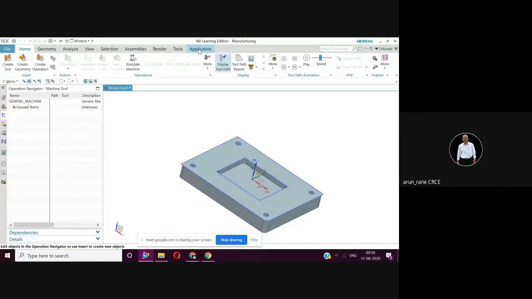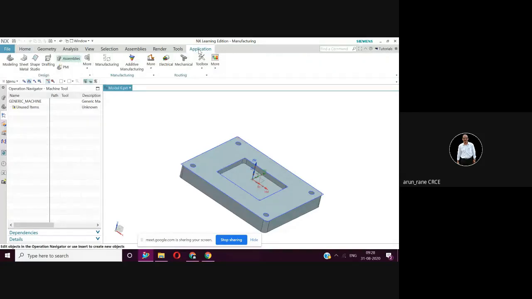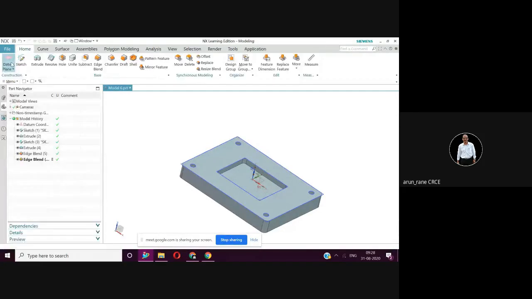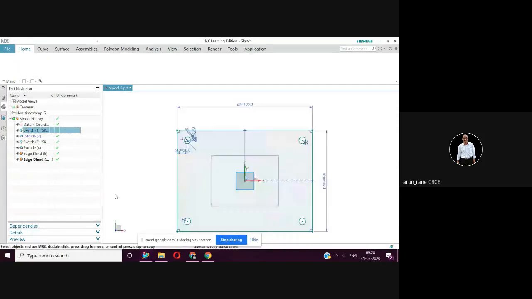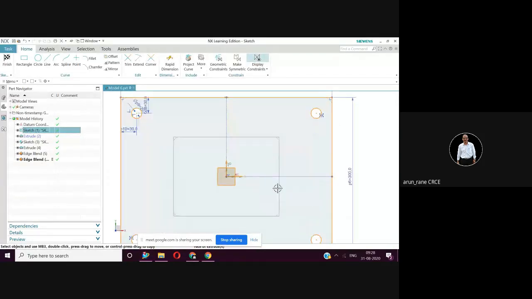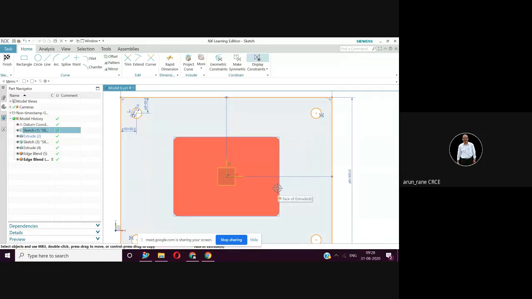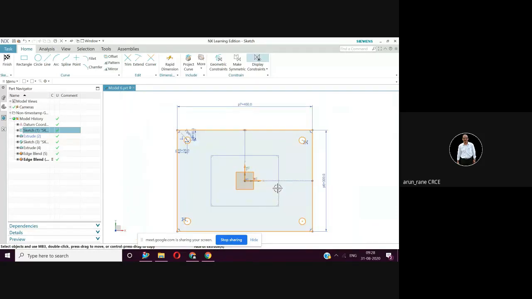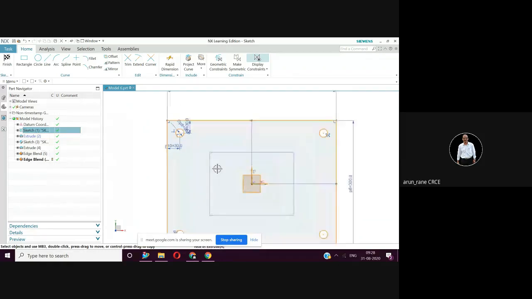So how to go to modeling? You can go from application, then select modeling. Here in the part navigator you will see all the history. I'll select sketch 1, double click at sketch 1, and zoom in. You will see all the history, that is, the size of the component 400 by 300.